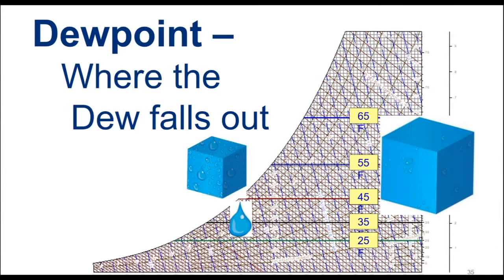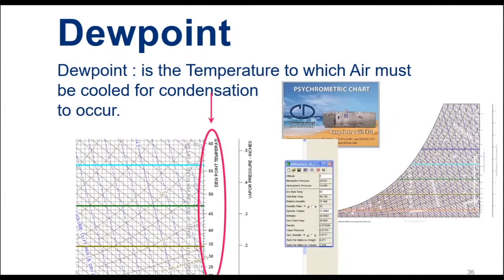Why does that happen? We said earlier that as you heat air, that bucket of air, if you will, expands and can hold more moisture. Well, when we cool it, the opposite happens. That bucket of air gets smaller, and as it moves toward the 100% saturation line, let's use this one down here, anything along that line, this one in particular is a 45-degree dew point. We keep following it over until we get to the 100%. So that is where the dew falls out, or we get to that 45-degree dew point. To know what that number is, again, it's a horizontal line, and you follow it across to the right, and here you can see dew point temperature.